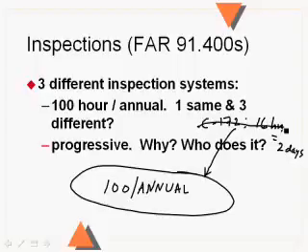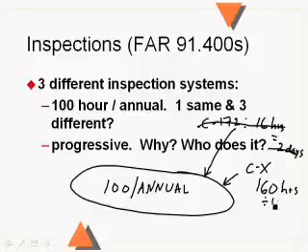If instead this was for a Citation 10 or a big Learjet or some other big business jet, this 100-hour annual inspection wouldn't take 16 hours. I'm making this number up, but we'll just say it would take 160 hours. Well, if you divide that by 40 hours a week, that's going to be 4 weeks. If you only have one airplane mechanic on staff for your corporate flight department, the airplane's going to be out of service for a month. It's going to be down for a month. Well, the whole point of having this jet is so you can go when you want. So this isn't going to work out very well.